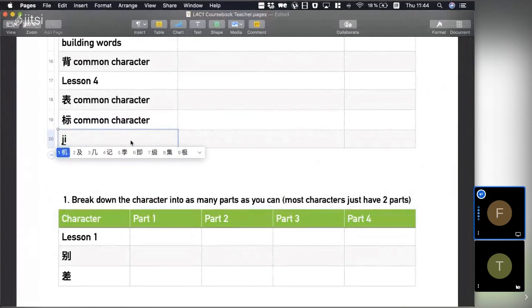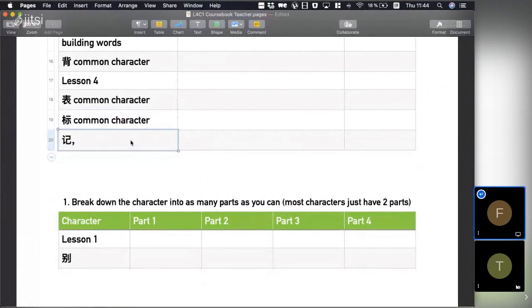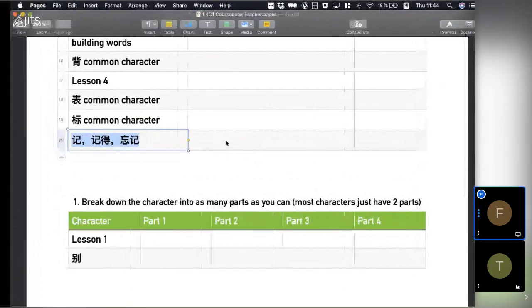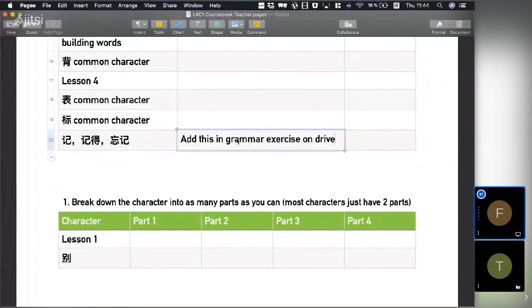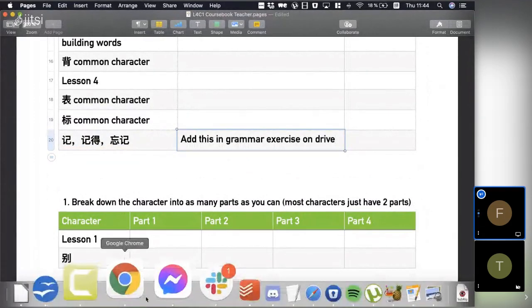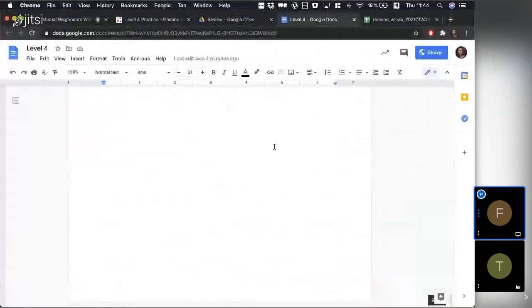little 记 here also, before we're done, and this would be like 记得 or 忘记. So let's just practice that before we move on. This is the last grammar point. Add this in grammar exercise. Okay. Okay. Last thing is the